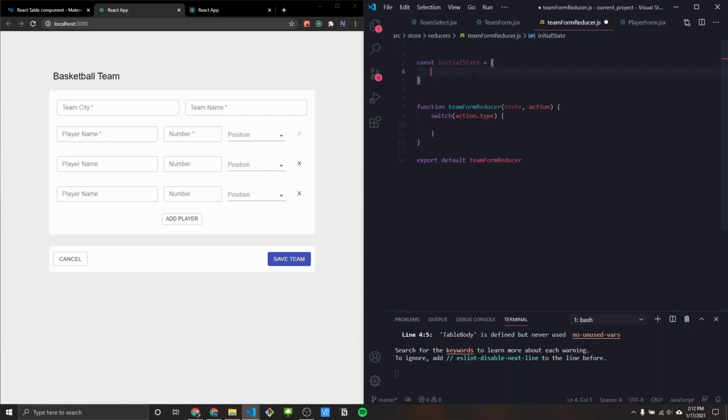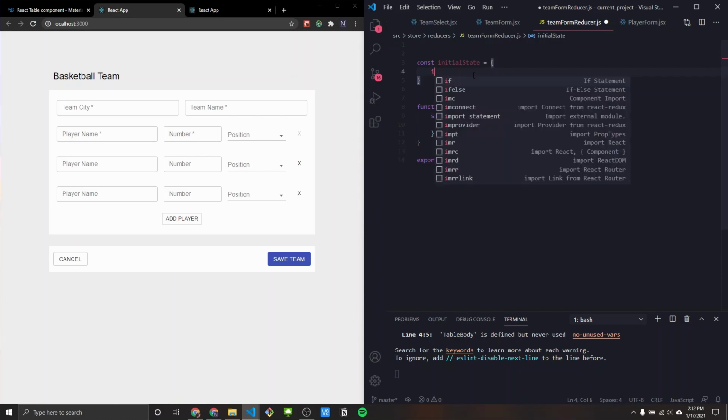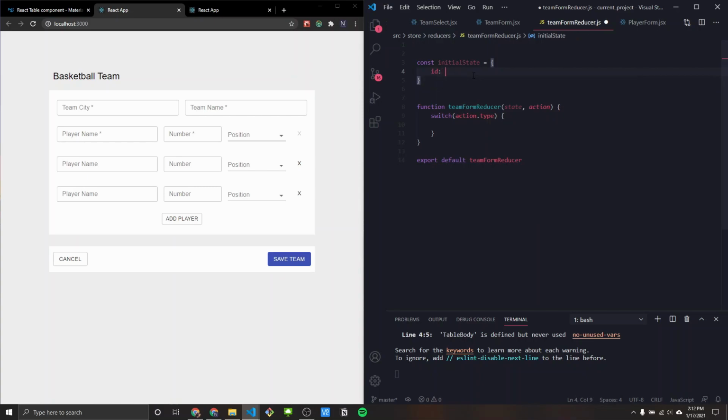All right, so we're going to here. I kept an ID, but we won't have an ID right now because we're just all in the front end. But I do plan on adding a backend to this project for another video. So we will use that ID for future purposes probably, but we'll just leave it at 0 for now. So